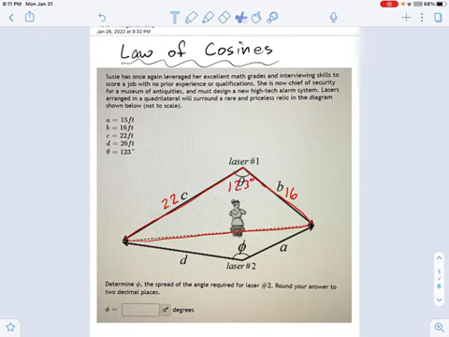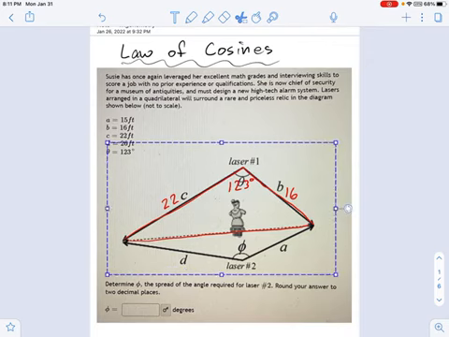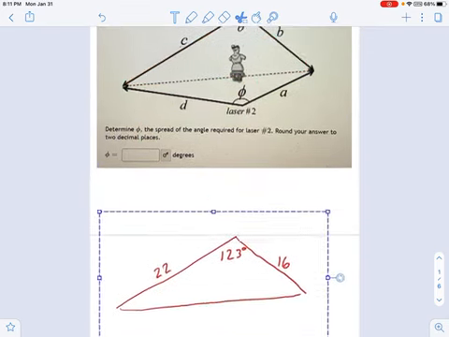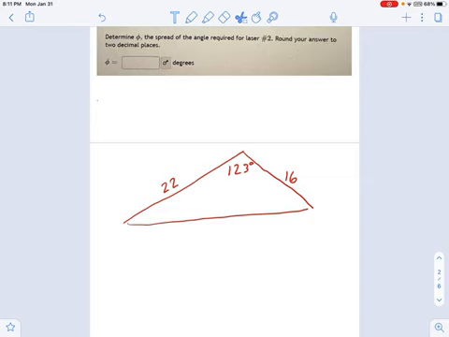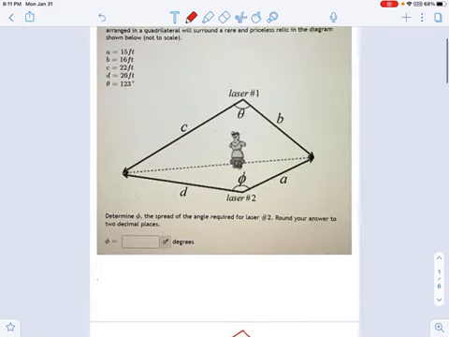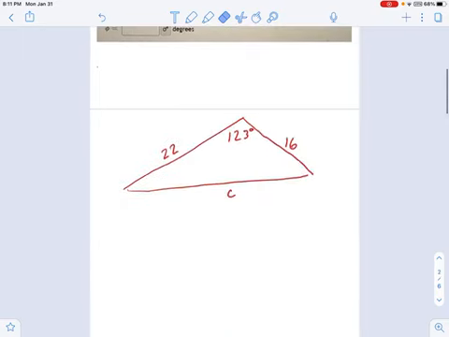and I have a 123-degree angle right here. So let's take all this information that I've been given about that system and put it down here, okay, and solve for this side, which I'm just going to label C because I can, and I don't care what the original labels were over here, okay? The fact that there's four sides, A, B, C, and D, and they don't really correspond to what you're normally used to looking at in a triangle might mess you up. So go ahead and relabel it. It's your triangle. You can label it whatever you want. So I'm going to say I'm looking for side C.